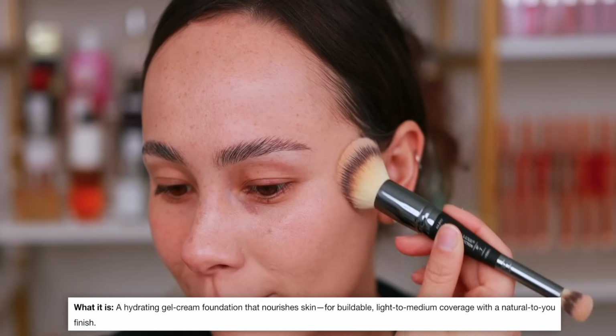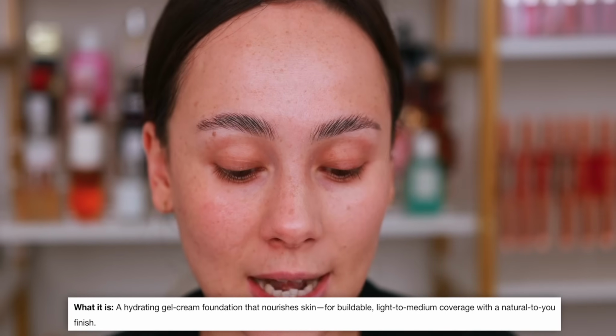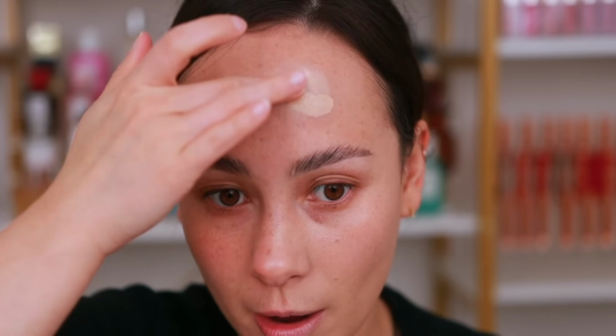Yes, it is a hydrating gel cream foundation that nourishes skin for buildable light to medium coverage with a natural finish. And how I described this when it first launched was that it gives you that Glossier girl skin look, but for those of us who need a little bit of coverage, because they do have a skin tint for that Glossier look, which is supposed to be super natural, but it was like water, no coverage at all. Some of us have discoloration, and I feel like that is what this product answered for those type of people, because it gives that glowy, dewy, fresh Glossier skin look,